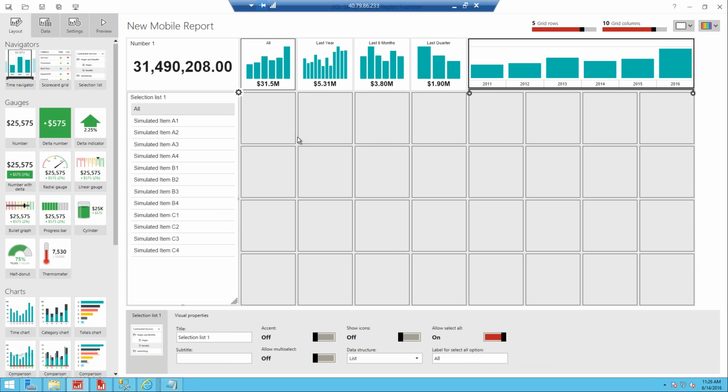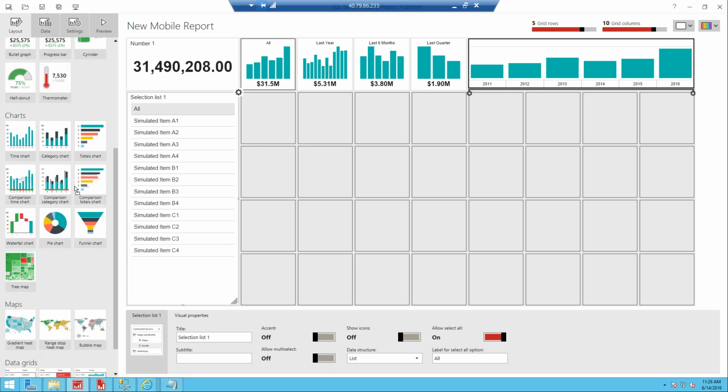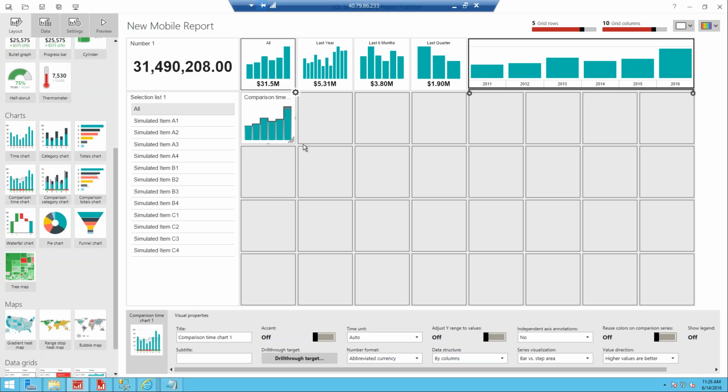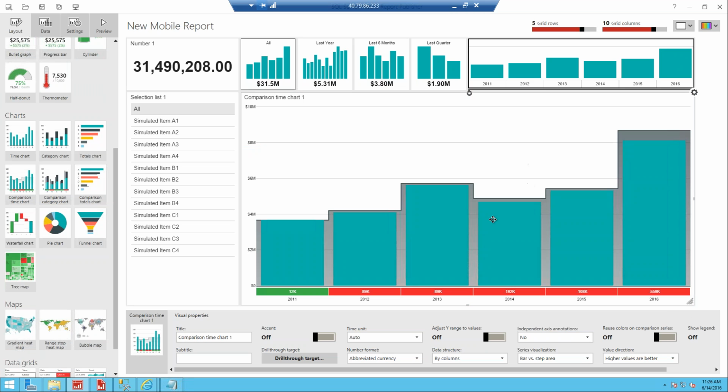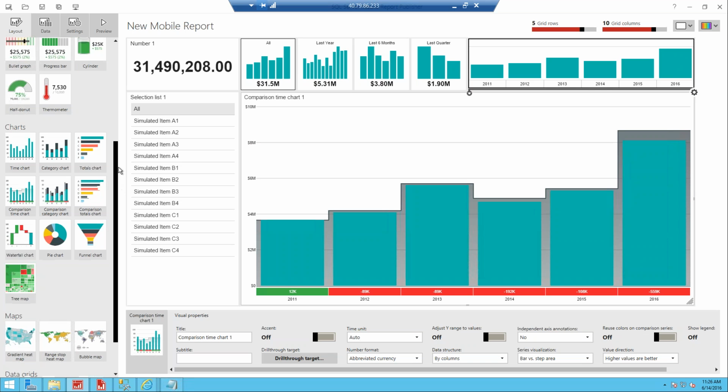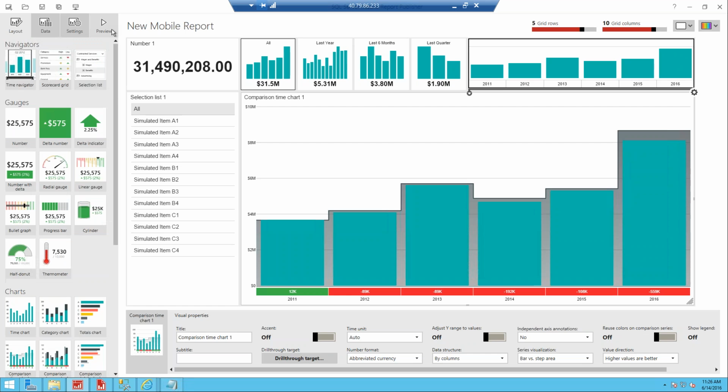Really, this interface was written so that business analysts or business users could lay these out if they so chose. So I have that data, and the last thing, I'm just going to drag down a time comparison chart. I'll drag that down, and I'm just going to make that take up this space right now. We're going to keep it pretty simple on this demo. And just by dragging those around, if I click on Preview now,